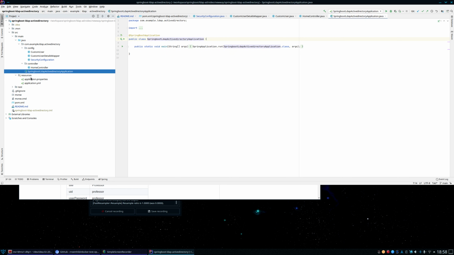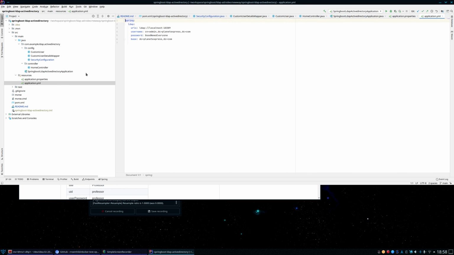And any other changes here, application properties not used, application YML, and in our case, I've configured LDAP to use this LDAP server, which could be Active Directory. Username on a Windows Active Directory, the username in this case might be, because I know I've got another Active Directory